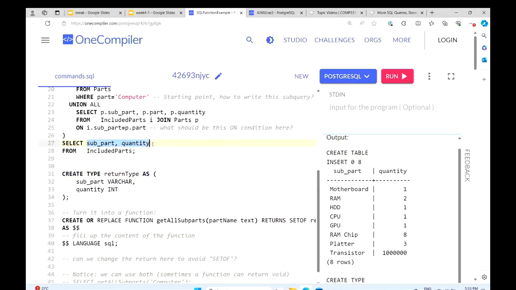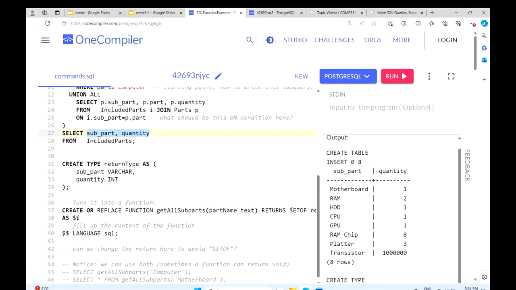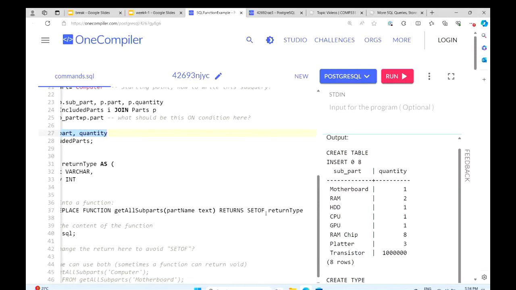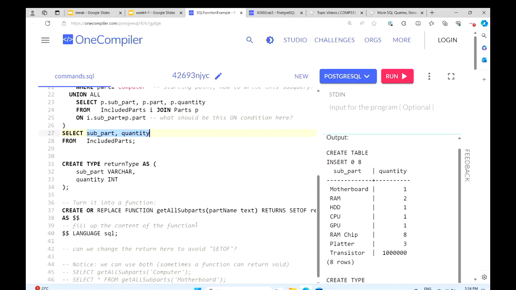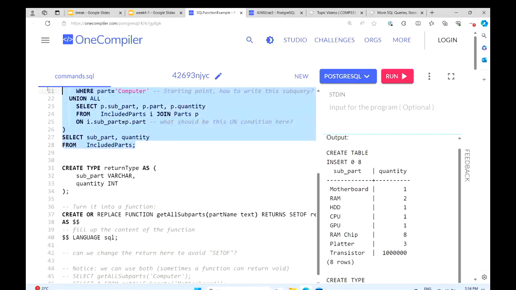We don't really have a table containing subpart and quantity, and we have to return something that contains this. So this is why we need to use a customized type here. This is something you should take note of, and let's start creating this function.